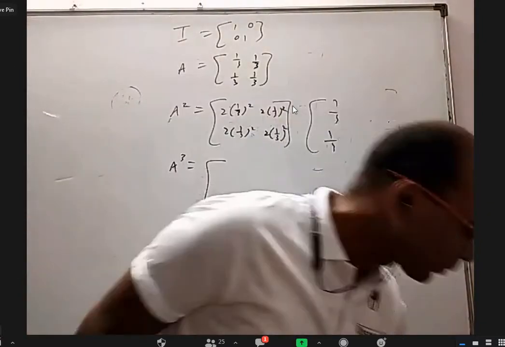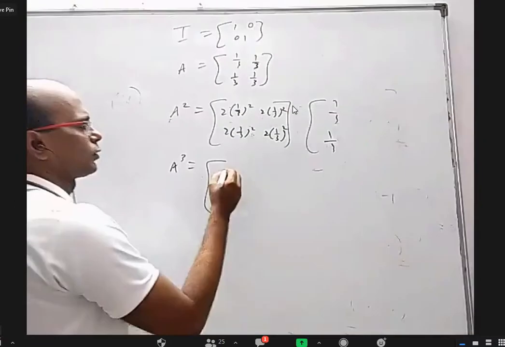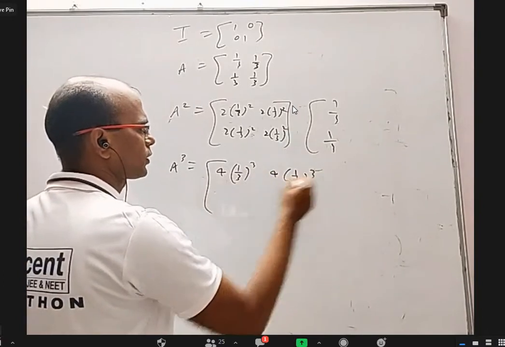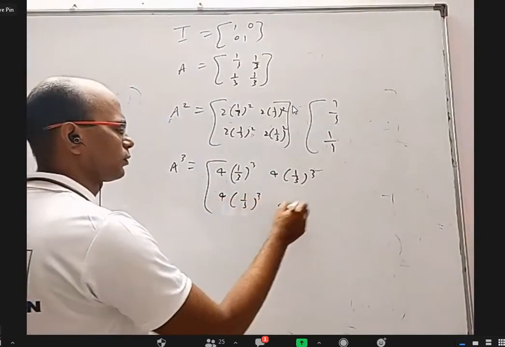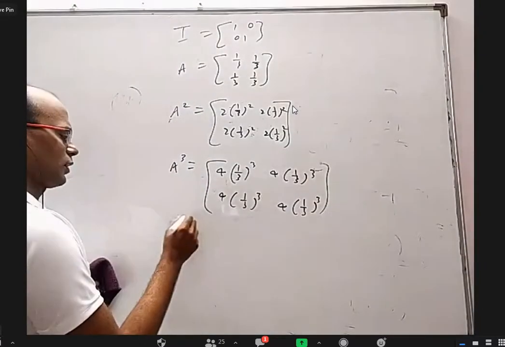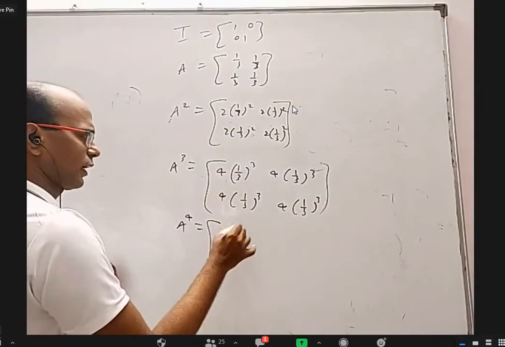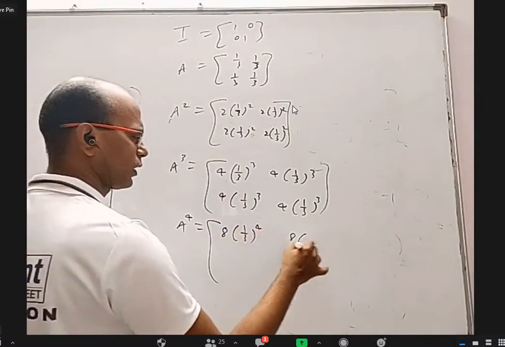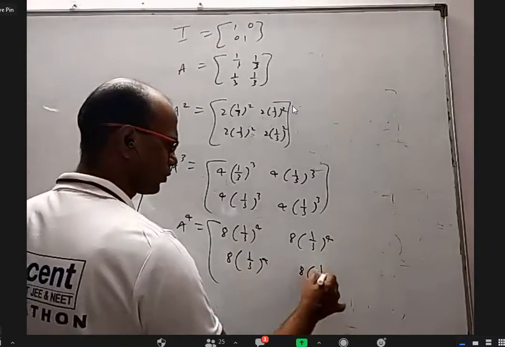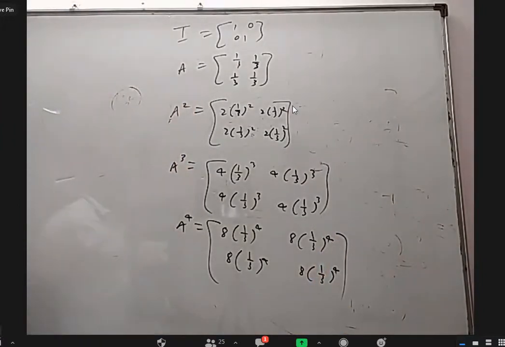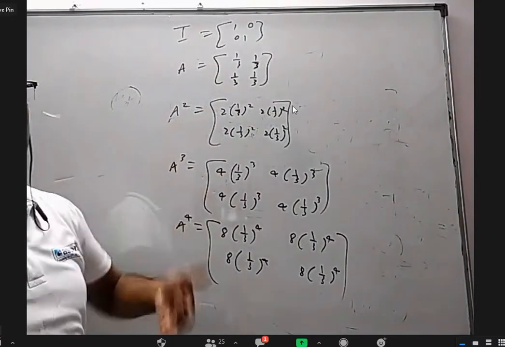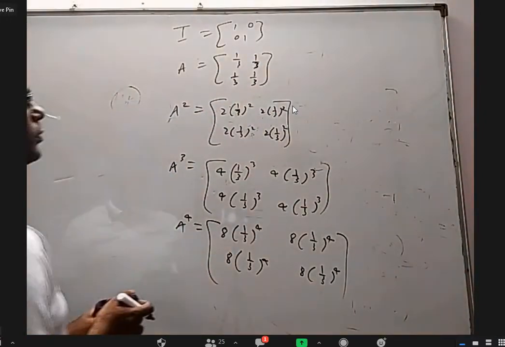You get 2 square, right? 4 times. Yes, sir. So you are going to get 4 times 1 by 3 whole cube in every entry. Now next, when you take power 4, I think we're going to get 8 times 1 by 3 whole power 4 in every entry. Like this is going to come. In fact, I could have taken 1 by 3 common and written 1, 1, 1, 1 also. Then I would have got 2 times, and that also is okay. But anyway, not a problem.